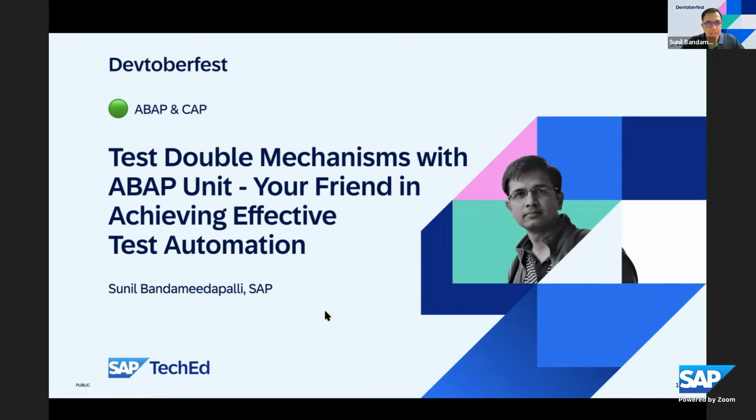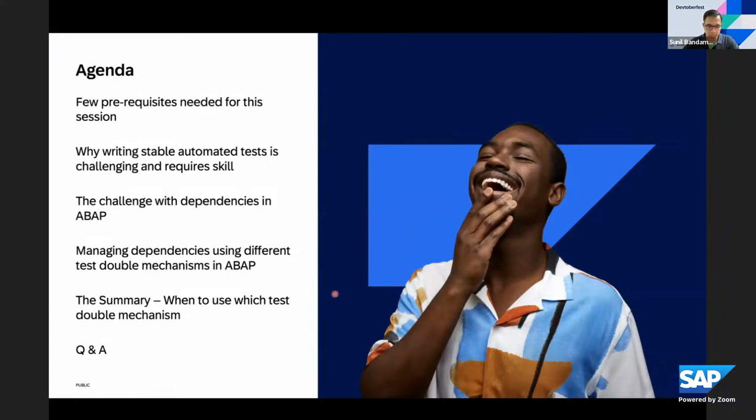Thank you, Sheena, for the introduction. And hello, everyone. Welcome to today's session on testable mechanisms with ABAP Unit, your friend in achieving effective test automation. In this session, we are going to see a few prerequisites that are needed, and then we will look at some of the key takeaways that you can expect from this session, which is